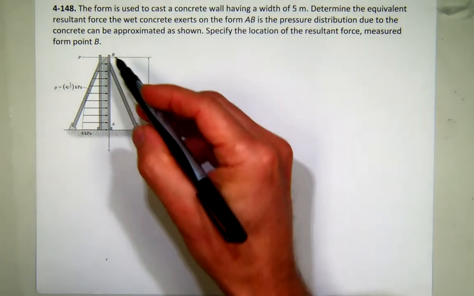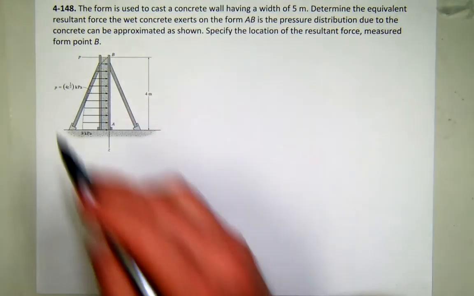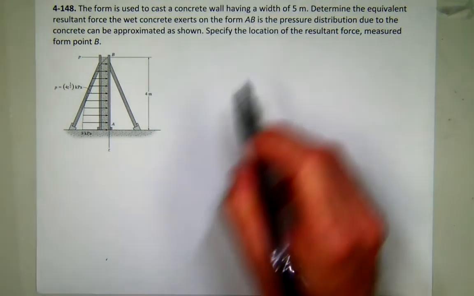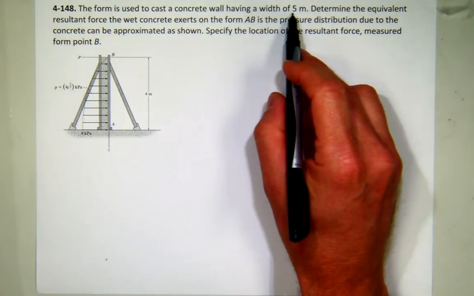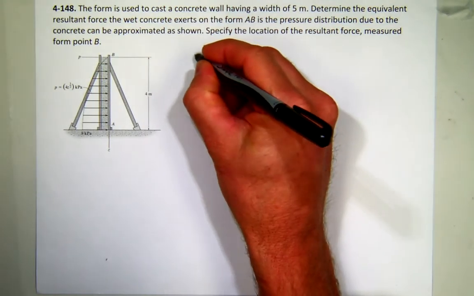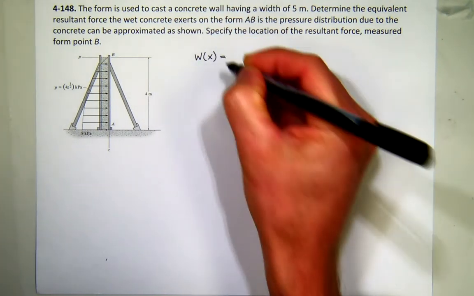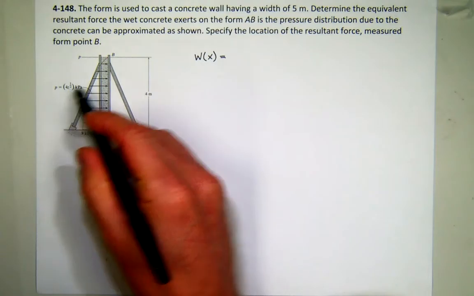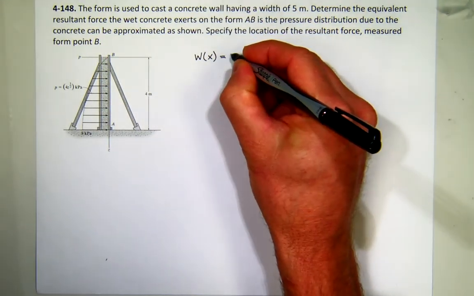So again, we have a distributed load given by this equation, 4z to the 1/2, and that's a pressure in kPa. The wall has a certain width of 5. Okay, so we're going to write a unit load, a line load. We call it W, which will be the pressure times the width of the wall. So we're going to end up with 5 meters